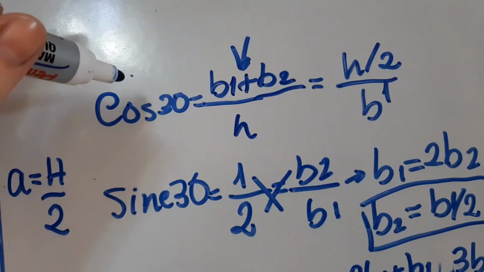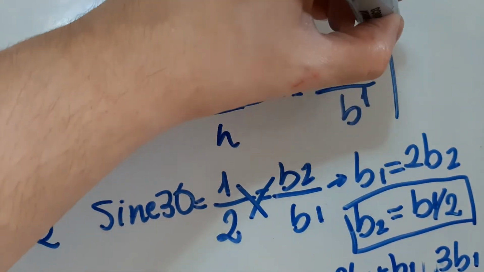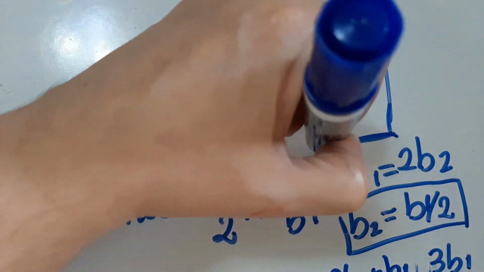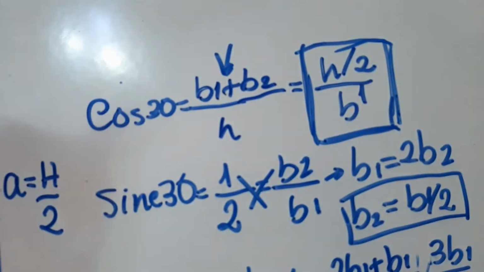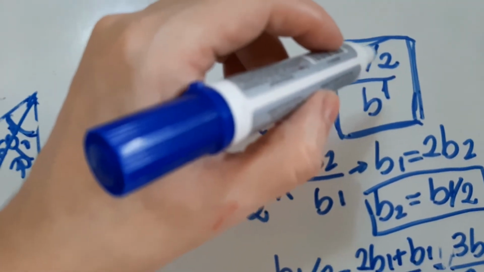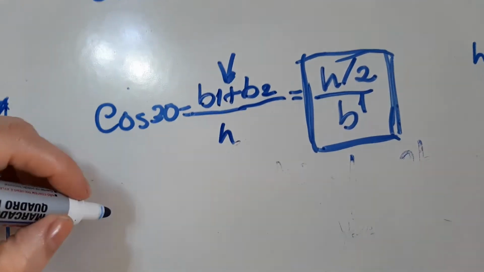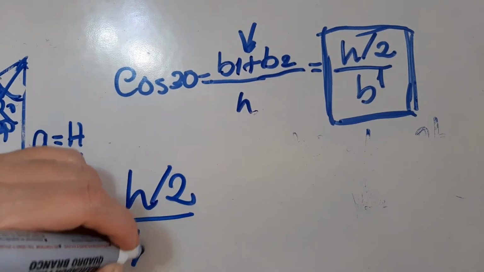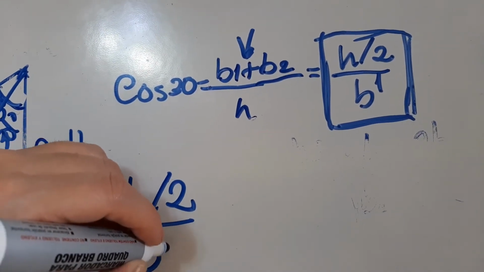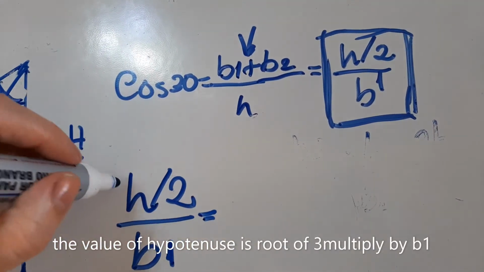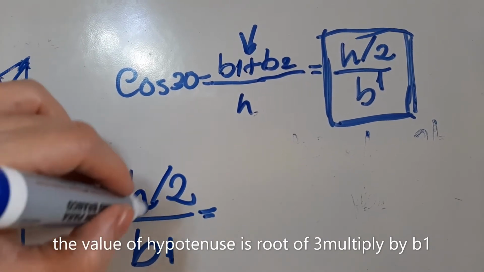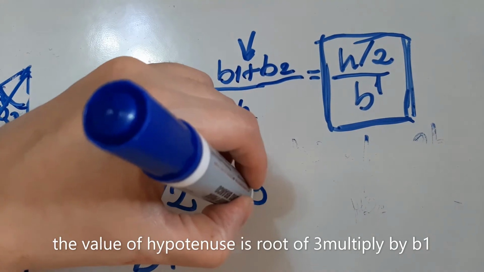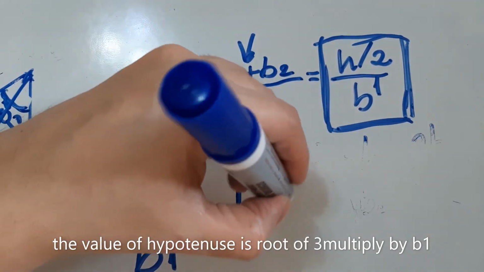So we return to here and use the more simple equality that we found. We're gonna use this. So using this B1, but we know that the value of the hypotenuse is the root of B1